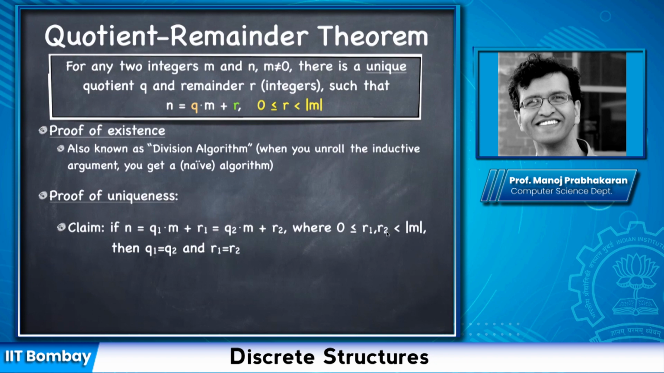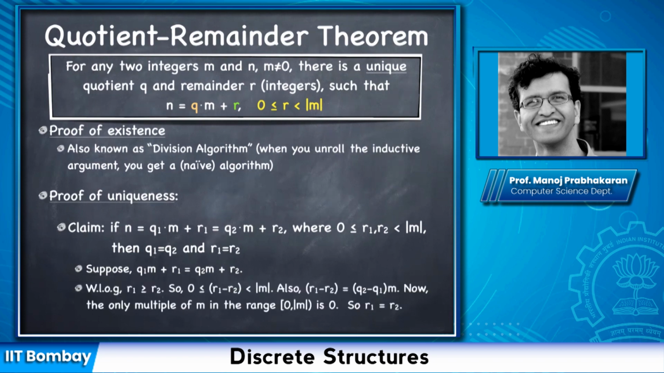It's pretty easy, actually. So suppose you have these Q1 R1 and Q2 R2. And without loss of generality, say R1 is greater than or equal to R2. Okay, so then R1 minus R2 is firstly greater than or equal to 0. And also it is less than or equal to R1 because R2 is non-negative. So this is less than or equal to R1, which in turn is strictly less than the absolute value of